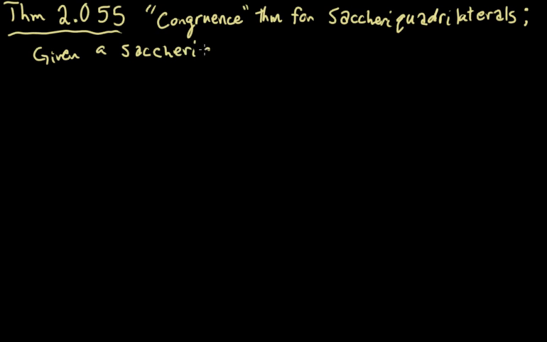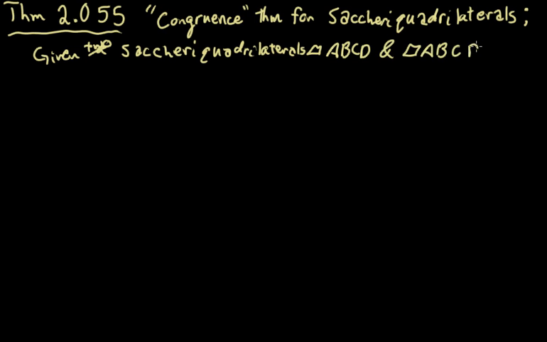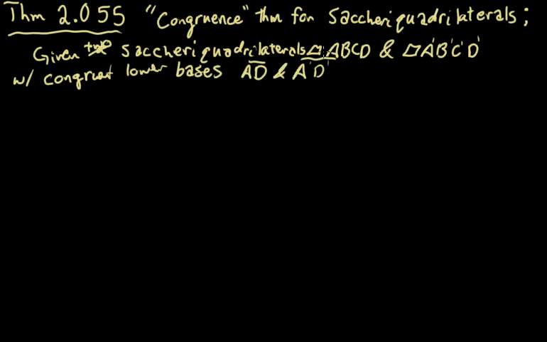Given a Saccheri quadrilateral, or we'll say given two Saccheri quadrilaterals, that'll be A, B, C, D, and A prime, B prime, C prime, and D prime, with congruent lower bases AD and A prime D prime, and congruent heights